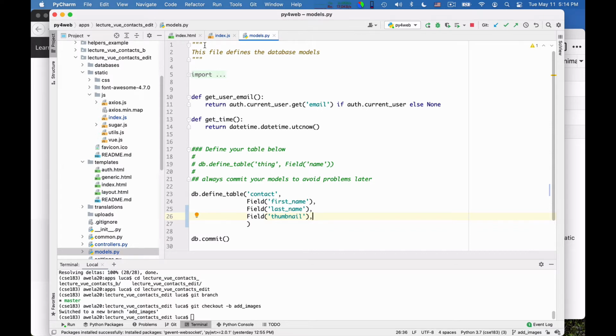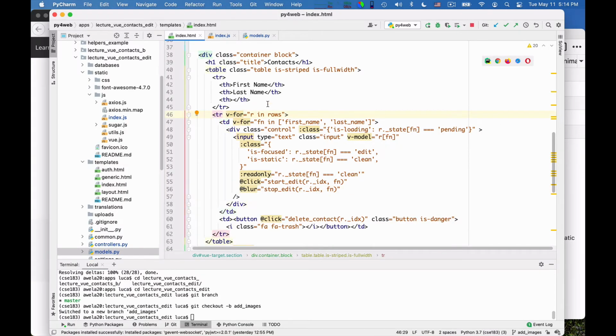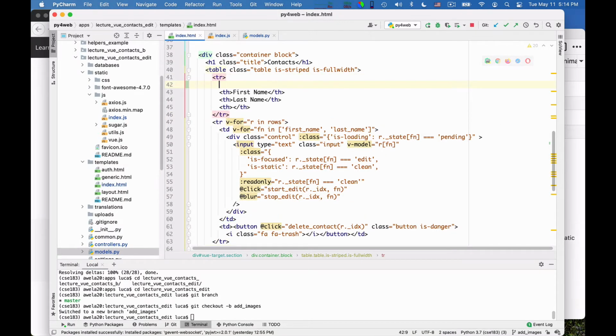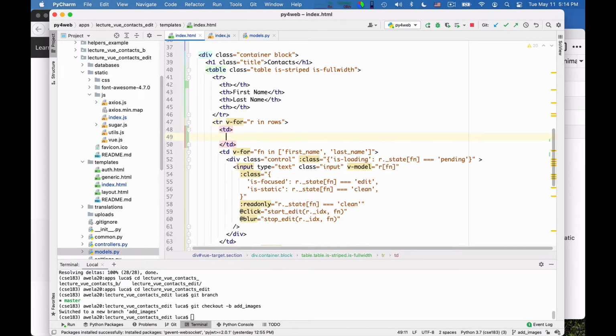Now let me work on the view. I want here to have the image. So here I go and I want to have another header with nothing written. And this is the iteration. So this spits out first name and last name, we know that. And this will spit out the image. Okay, so this is the place for the image. So here I want to have the upload of the image.